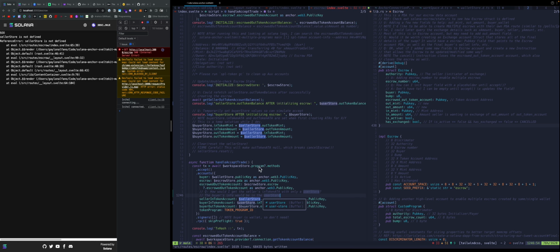But only when they hit the accept button will we then, when the buyer clicks accept trade, it's going to have some empty stuff, but based on the escrow that gets fetched, we could extrapolate some of that. So like for example,